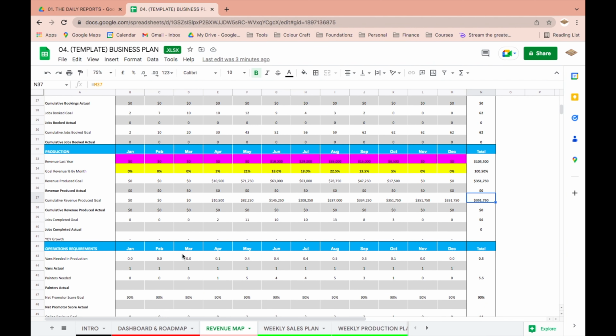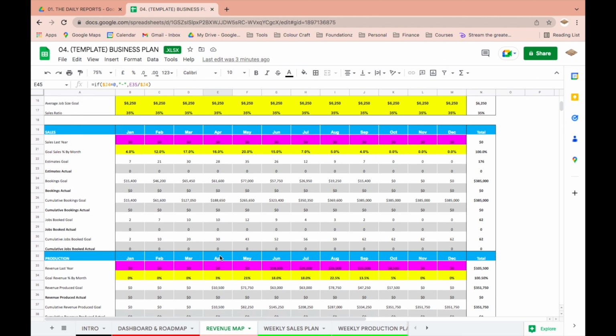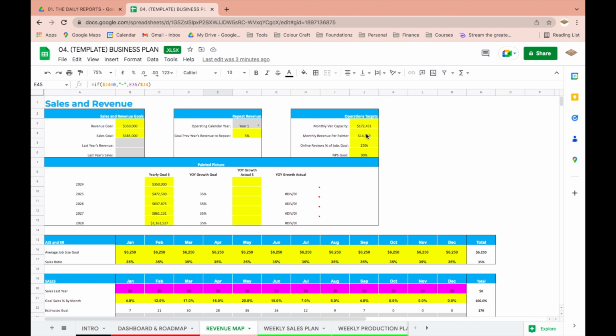Down here is the final area, which is our operational requirements. It tells us how many vans we need to have in production, as well as how many painters we're going to need to produce our goals. How it's calculating this is based on the top up here, but the monthly revenue per painter is $14,000.